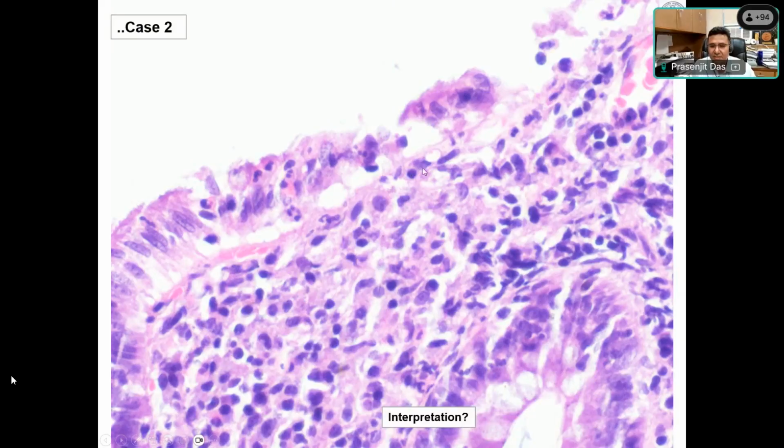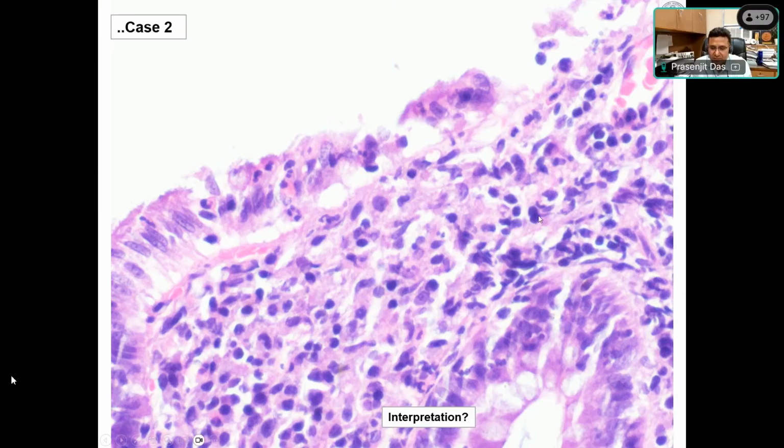So what is the basic difference from ulcer? There will be discontinuation of the epithelium in ulcer, in denudation also, as well as in erosion. But ulcer, as you know, there will be exudate, there will be granulation tissue underneath. Erosion is an early smaller version of that, and here we don't usually see erosion, but neutrophils and neutrophilic exudate you might see. So any other finding in this focus